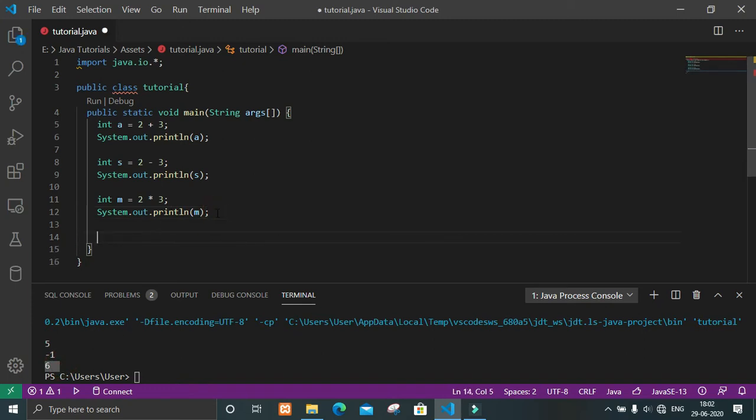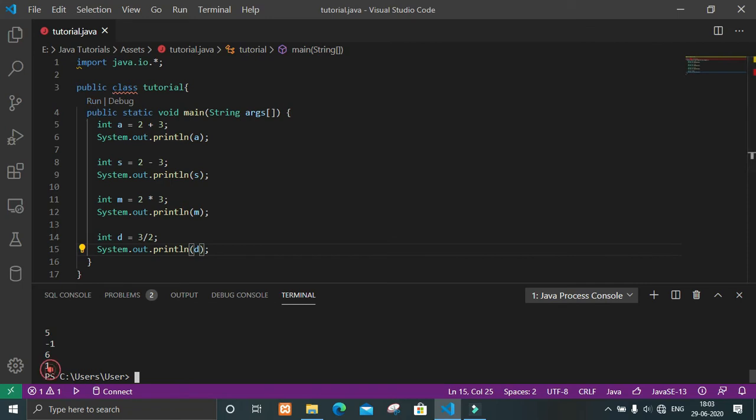Now let's do division, that is the division operator. To do the division operator, we use a value, then slash, and then the value that it should be divided by, that would be 3 by 2. Here you can see we got 1 because we can divide 3 with 2 only one time. And let me give 5 here and then divide it. Now we will get 2 as 5 can be divided by 2 two times.